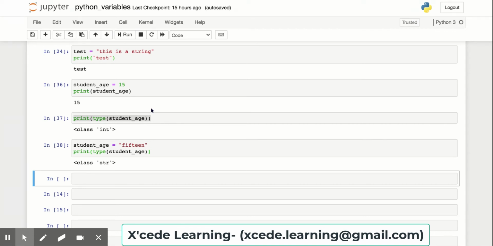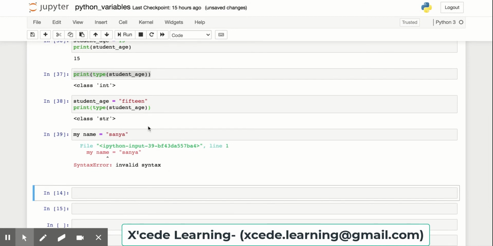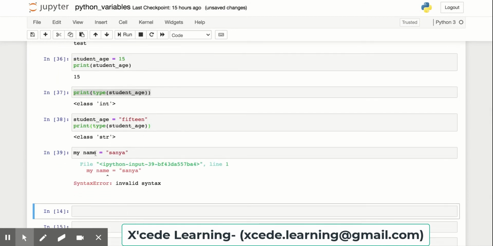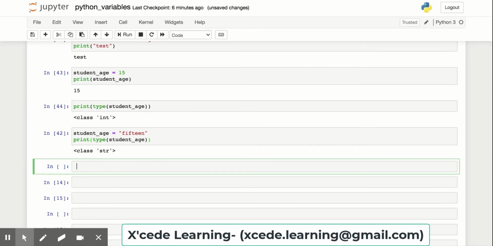If I try to name a variable in a way that breaks these rules, I'll have to deal with an error, and I'll show you what I mean. So I'll make a variable called myName, and notice how there's a space between the words my and name. If I try to run that, Python will give me a syntax error. And similarly, if I try to make a variable that starts with a number,